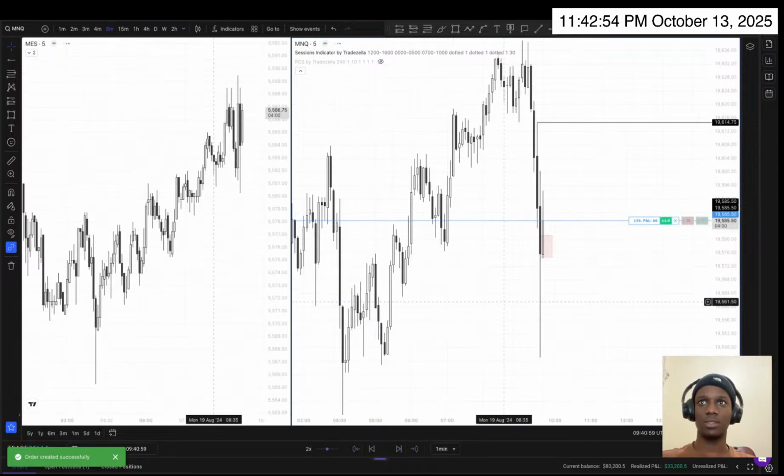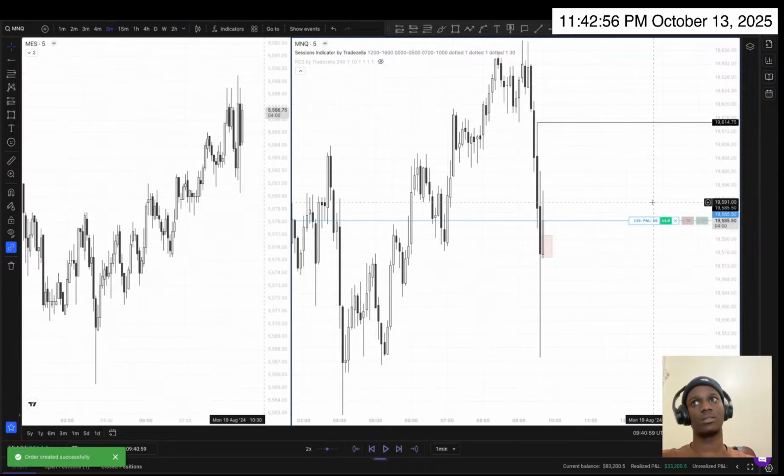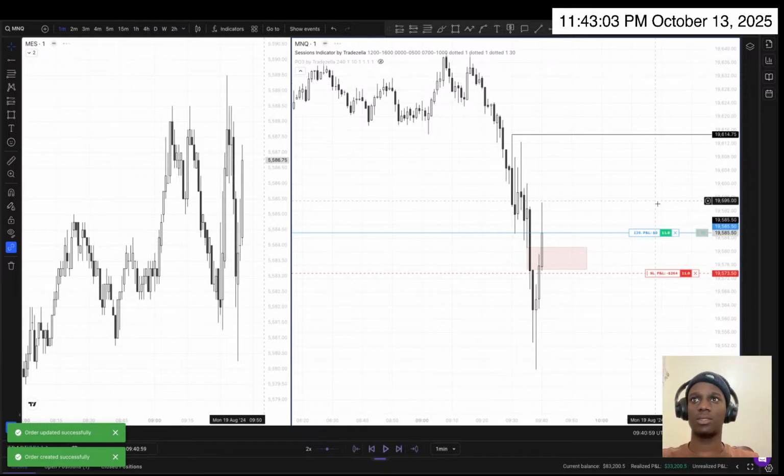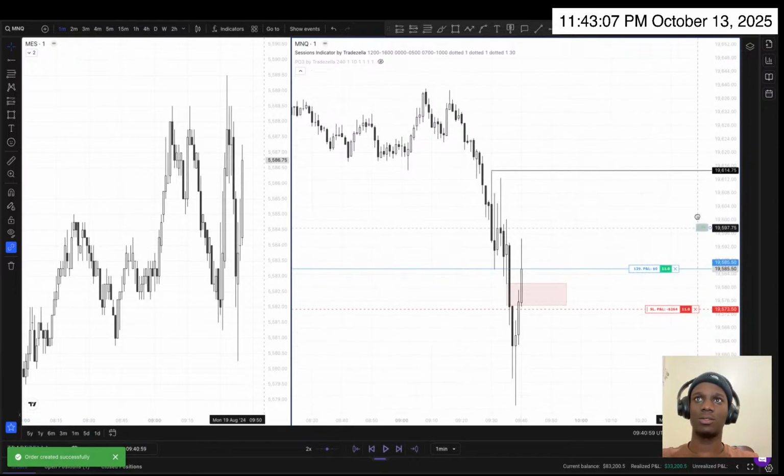And check the 5 minute. Well, before I do, I'll move the break even, because obviously I'd like to target this high here. And check the 1 minute. And I can just go home with that, but it will depend on how price will be looking. If it goes slowly, then